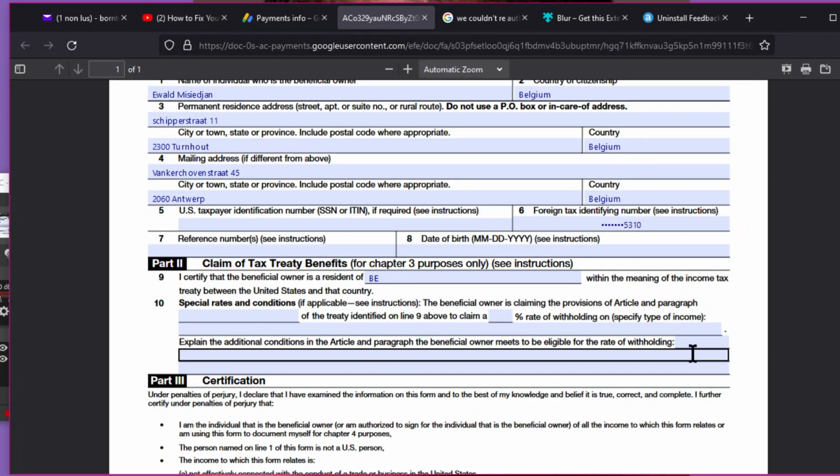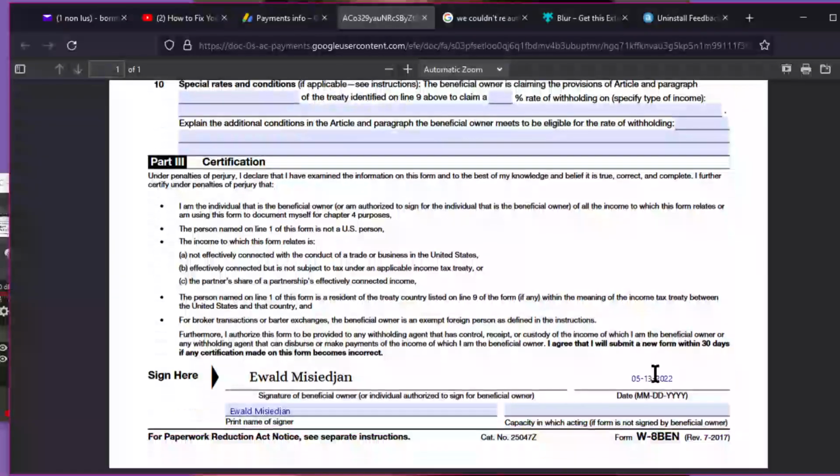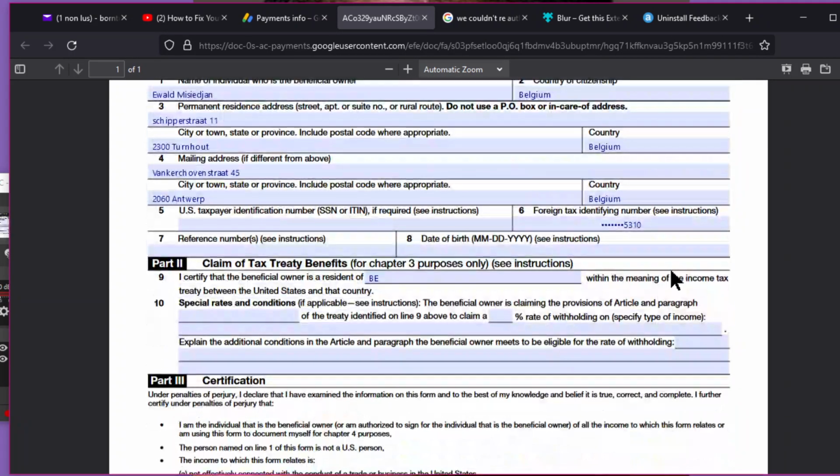Because there's nothing to change. Everything is already in there. It's just as simple as that. It is every year, and I didn't know that you have to renew it. I thought it was automatic. Since I put the information, they should just do the same thing for the next year. Why do I have to do it again by myself? It's kind of stupid and lame of them.